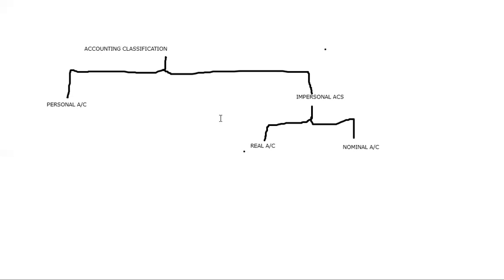They have segregated the total transactions, meaning whatever events or transactions may occur in the organizations, they have decided that all of these will come under these main categories. These are the main categories which will be affected. So that is the reason we categorize all the things into three parts: personal, real, and nominal.